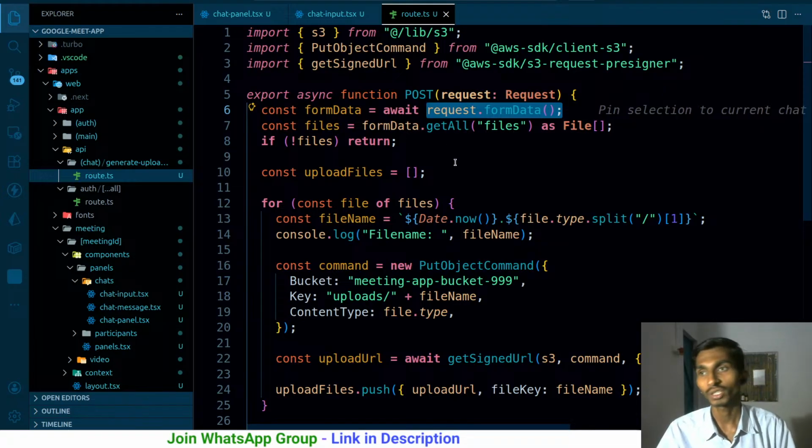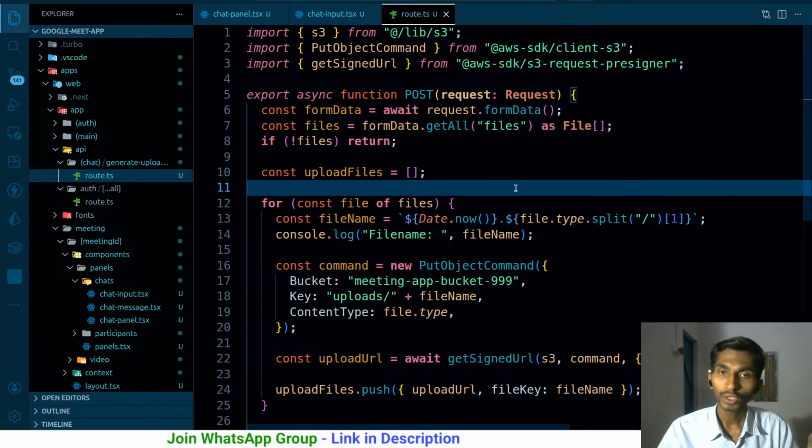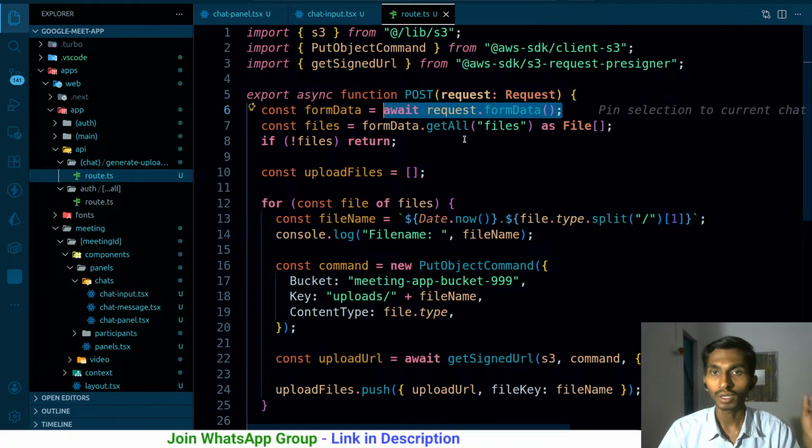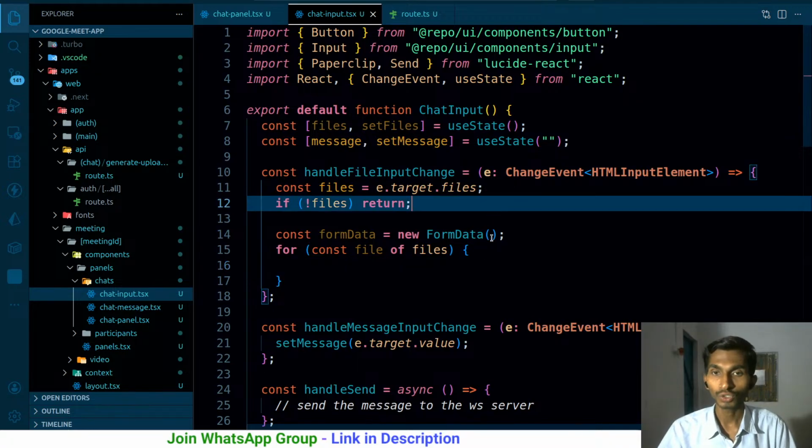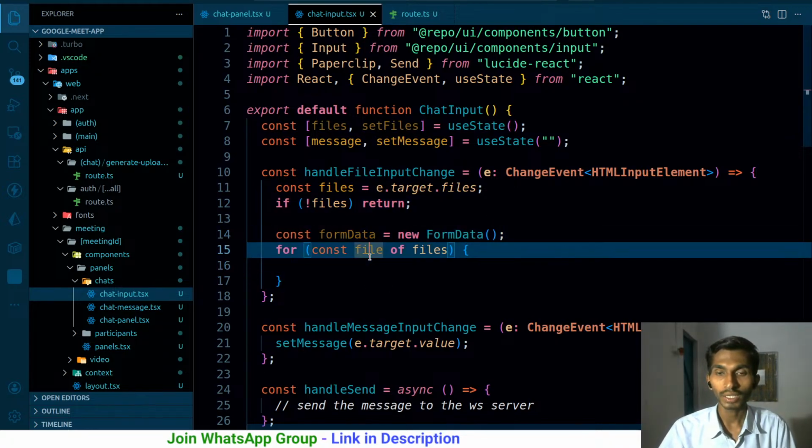If you are actually using Express, you will definitely have to use some middlewares. One of them is Express file upload, and another one is Multer. Of course, there are some more as well; you can look into them. But overall, you will have to use some kind of middleware. Here we can just simply call it, and we will be able to get the form data. Simple. Okay. Coming back to this one, I created my form data, then I got the file, and after that